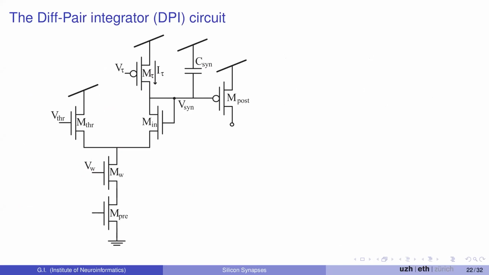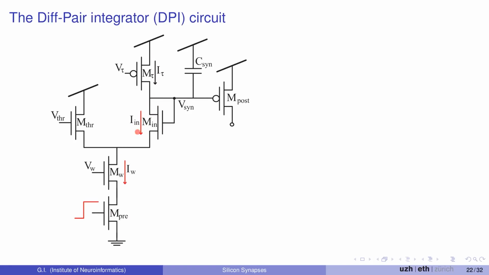So what's happening? We apply a step in input to the input transistor. This is just a digital switch. That means we start to sink current, IW. If IW is greater than I tau, then the voltage on the capacitor will start to decrease. We discharge the capacitor